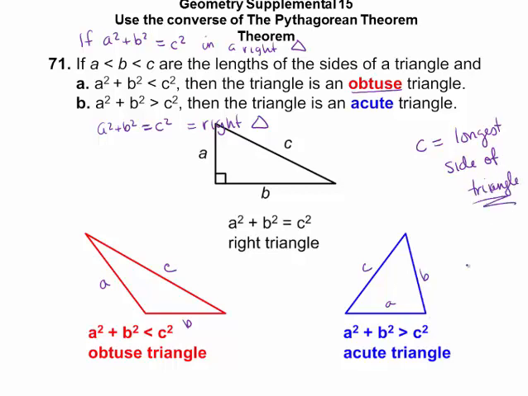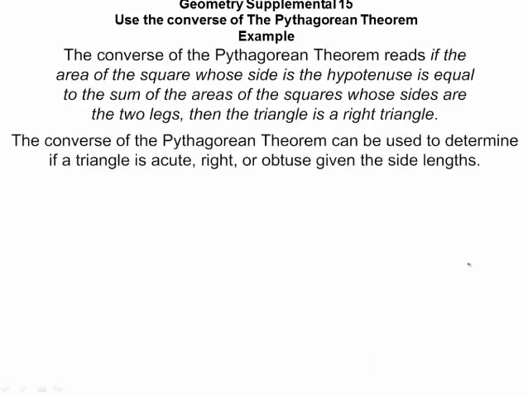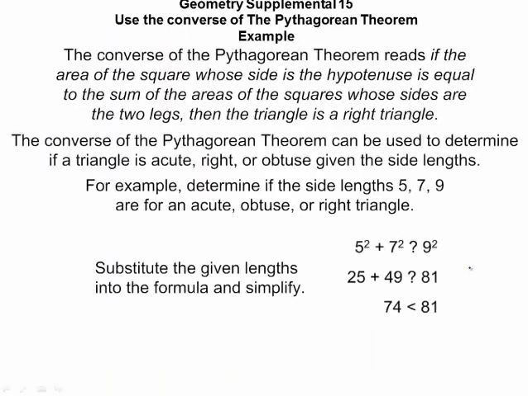So basically you do the same thing as you were doing for the Pythagorean theorem, except instead of having an equal, you may have a less than or a greater than to make it true, and then you're just going to use that to determine, oh, this is a right triangle, oh, this is an obtuse triangle, oh, this is an acute triangle. Everybody got that so far? So we're just going to ignore that. And we'll